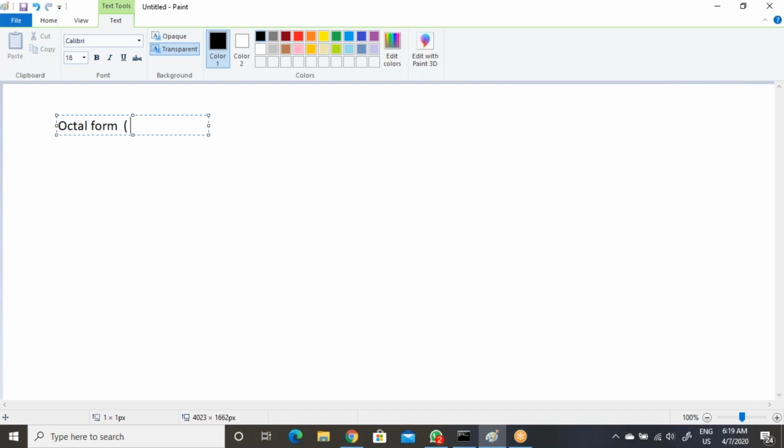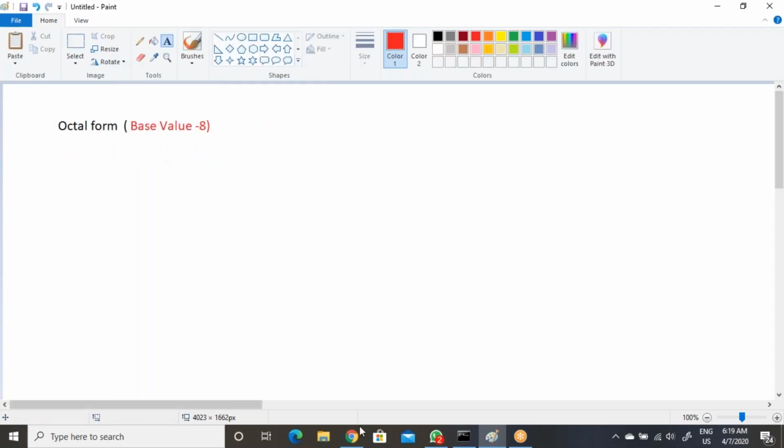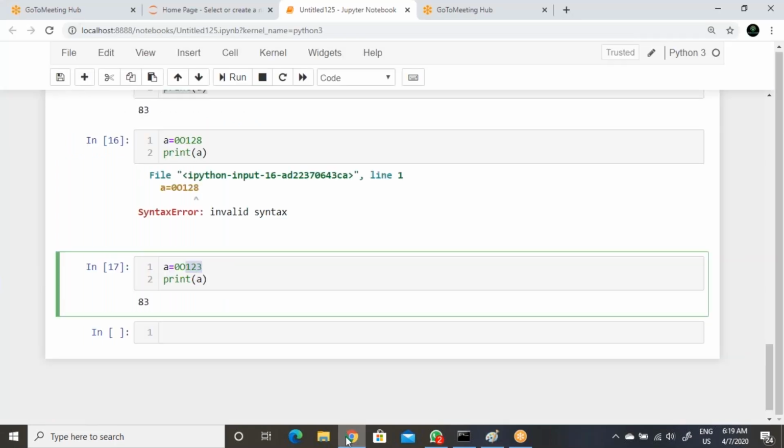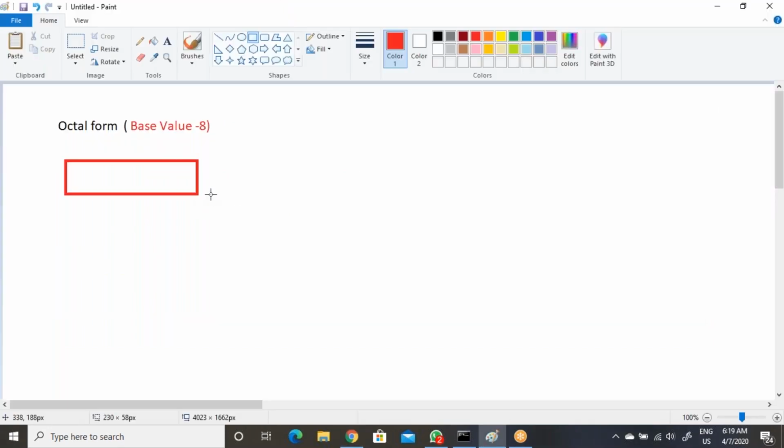Now you can see it starts from 0, then 1.